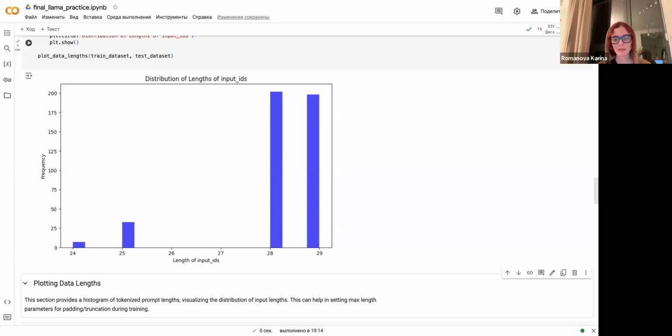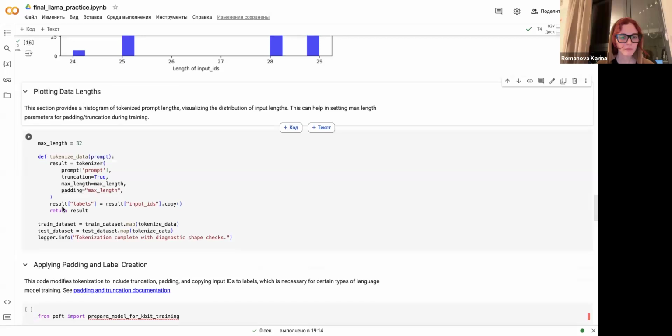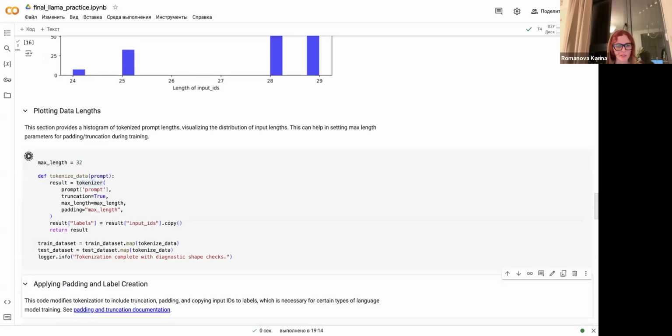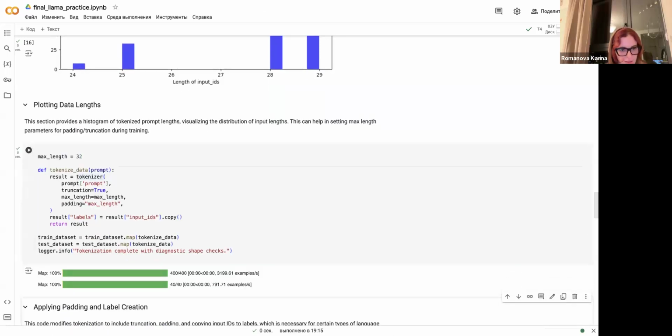Understanding token length distribution ensures the model processes inputs efficiently, avoiding excessive padding that can slow down training. And here I identified the optimal max length of my data, and here I provide it